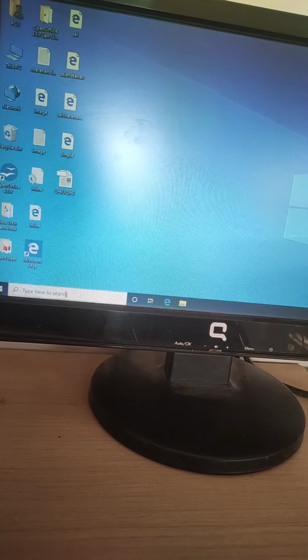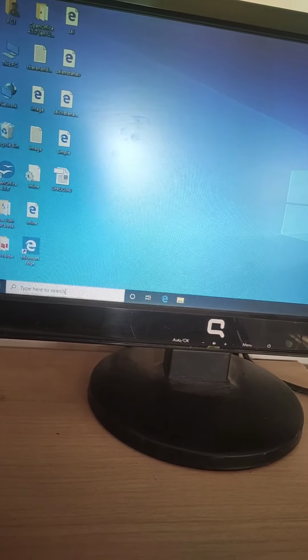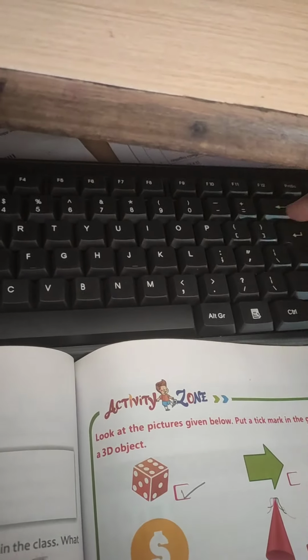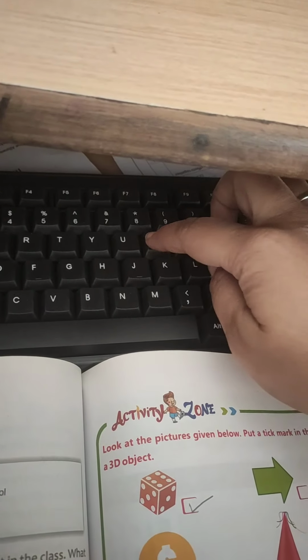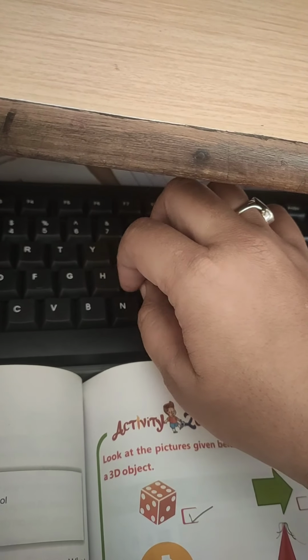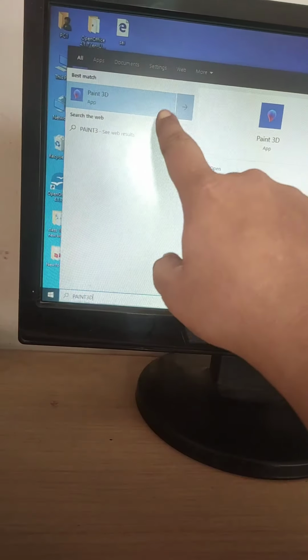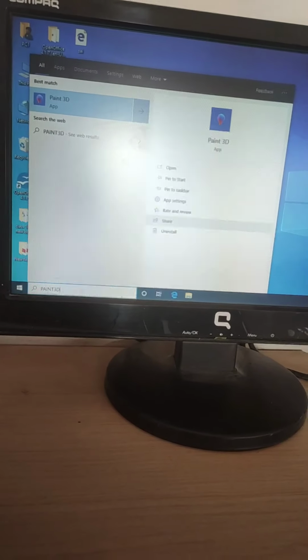First step is in the search box you have to type from the keyboard Paint 3D. See, I have typed here. Now you can see the icon for Paint 3D here.